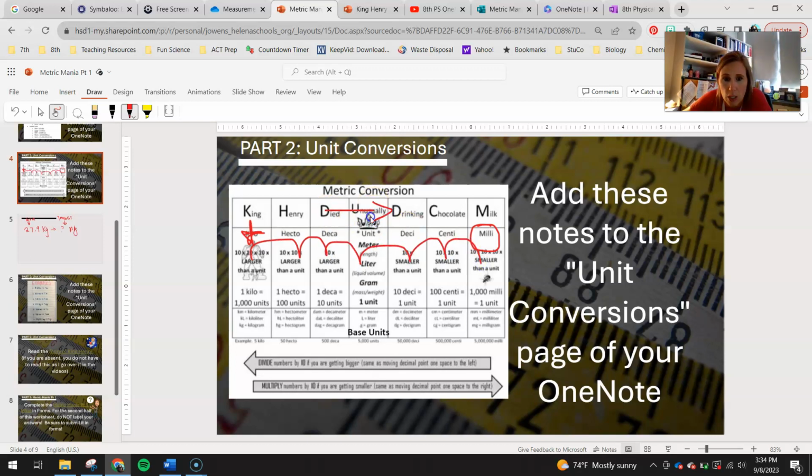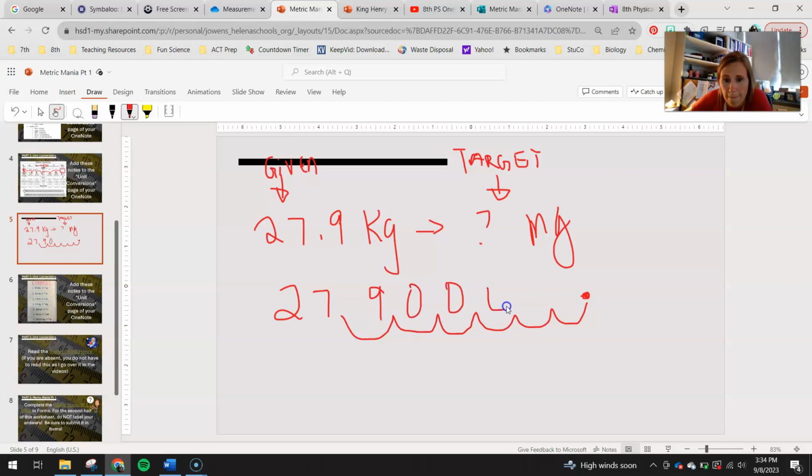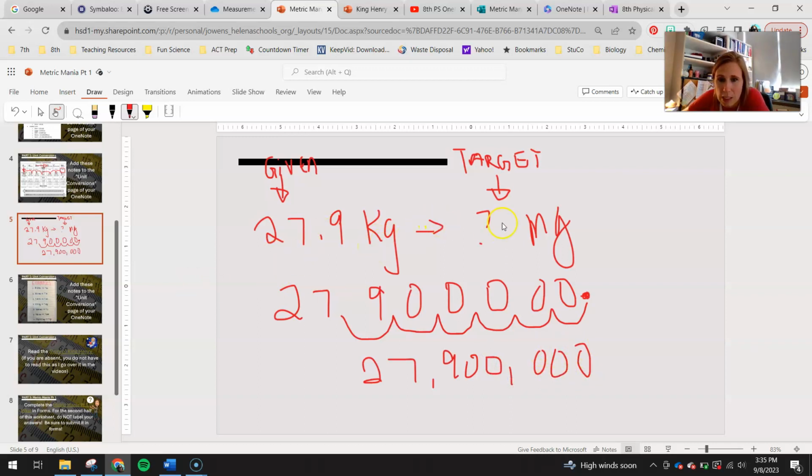We move this 6 spaces to the right. So we're going to do the same thing here. We've got 27.9. We're going to move our decimal 1, 2, 3, 4, 5, 6 spaces. Replace our token. Our token's now here. Our token is no longer here. And then we're going to fill in our zeros. Okay, so our new number now is going to be 27,900,000 milligrams. So 27.9 kilograms is equal to